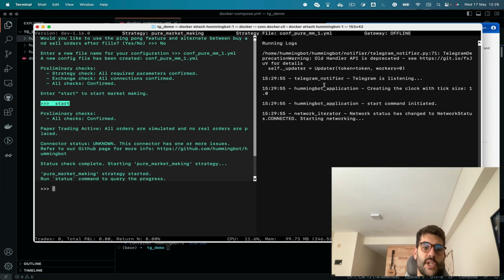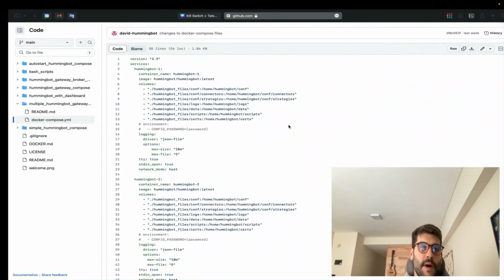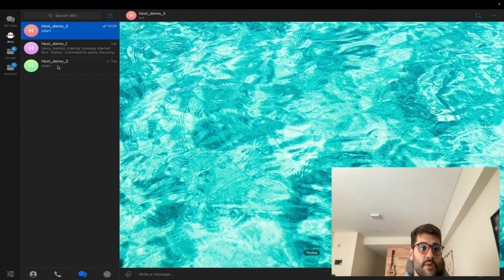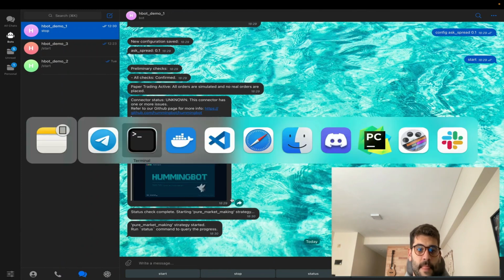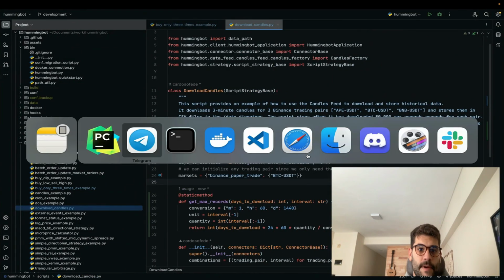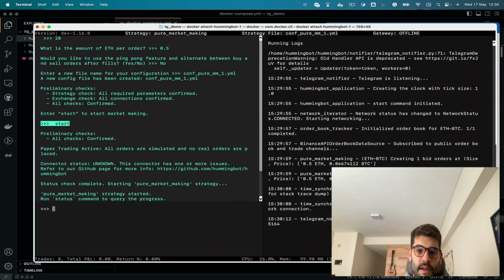When we run start, check that it says Telegram notifier, Telegram is listening. So that means Telegram should be listening to my messages. If I go back to Telegram and go to bot 1 and click on stop, where is it? It's here. Check that it says here that the bot is rejecting an unauthorized message from 481175164. What happens? I sent a message from my chat ID that is different than 1, 2, 3, 4, 5,